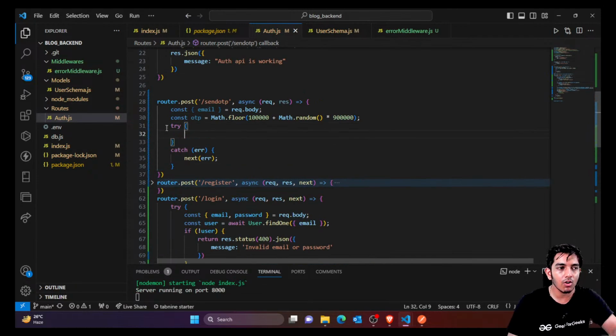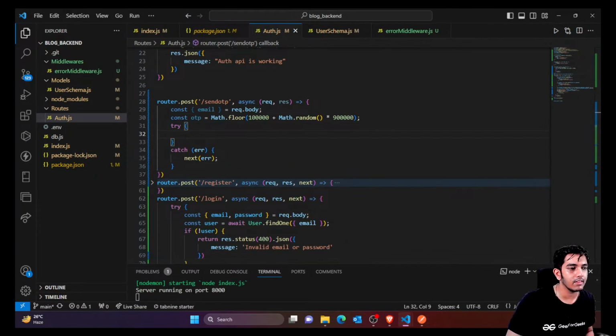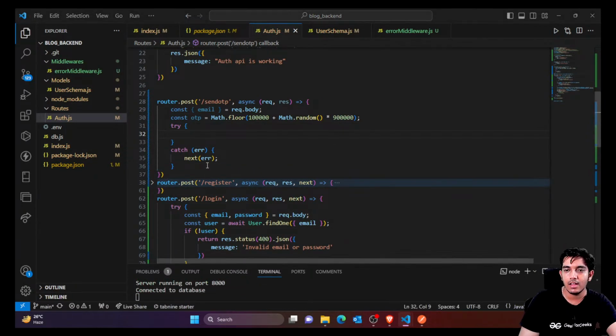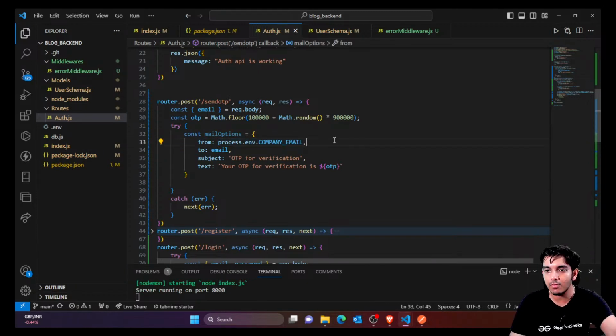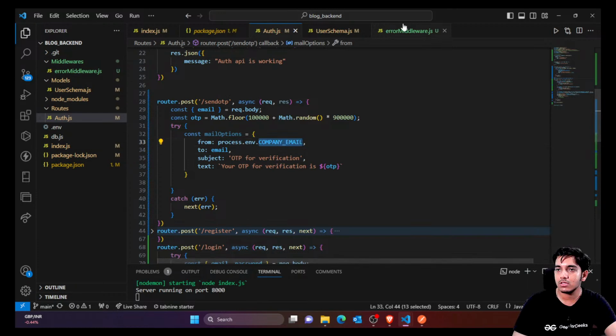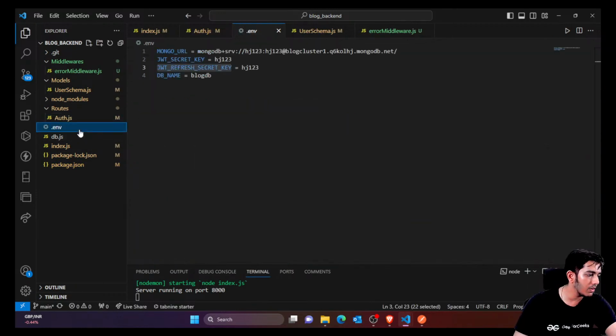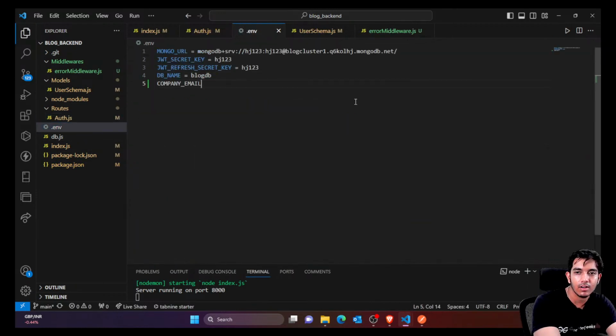Okay, so inside the try block, we are gonna simply say that the mail options are like this. Inside the mail options, you are gonna simply define from, this is the sender. Instead of hardcoding, you can provide some env, so we are gonna simply go to env. Inside this I'm gonna define company email equals